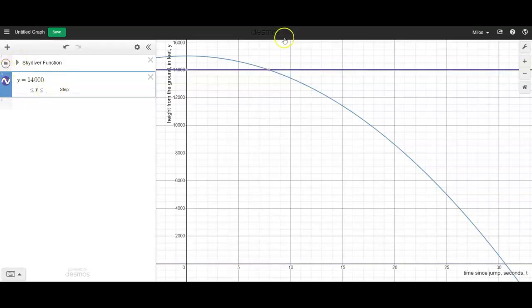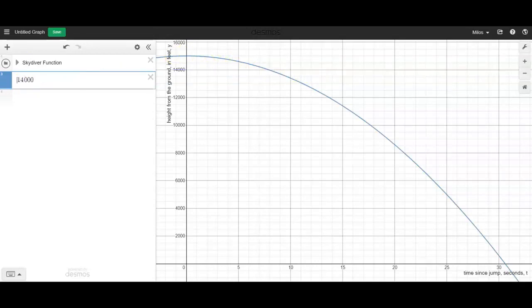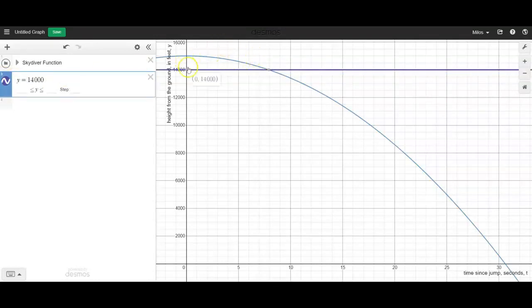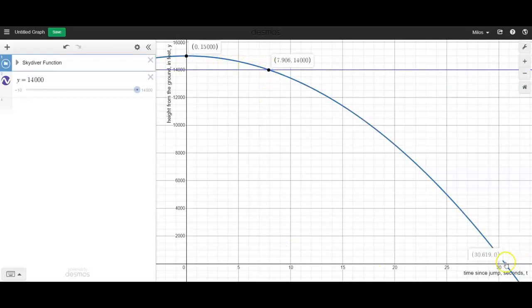And what that means is that these are all the y values where the height of the skydiver is 14,000, anywhere it intersects our blue curve. You don't want to just insert 14,000 because it doesn't really know what that means. You have to say y equals. And the cool thing about this is you see all these little snap points. So if I click and drag with my cursor, you can actually snap to these important points here: intersections, zeros,